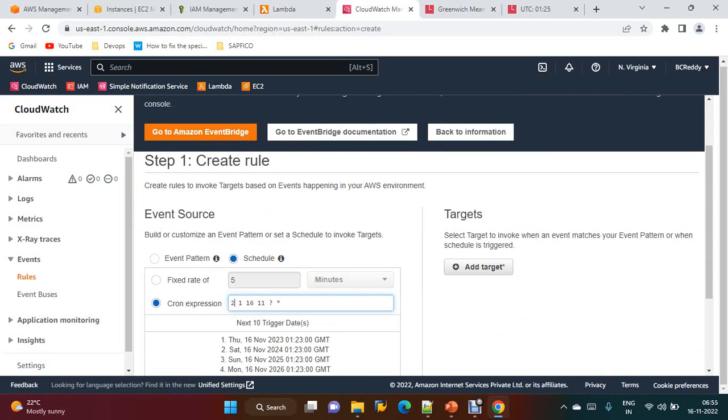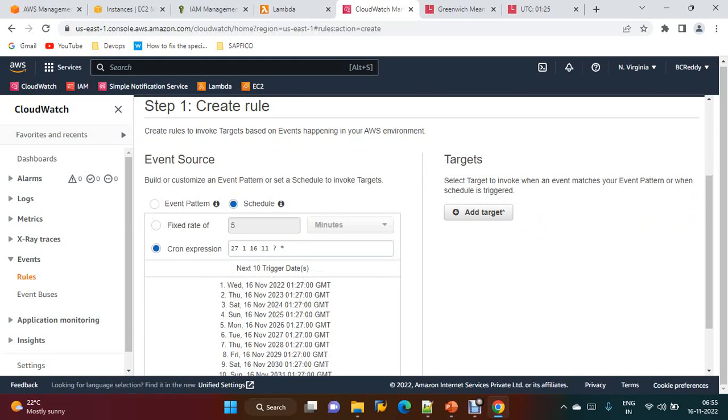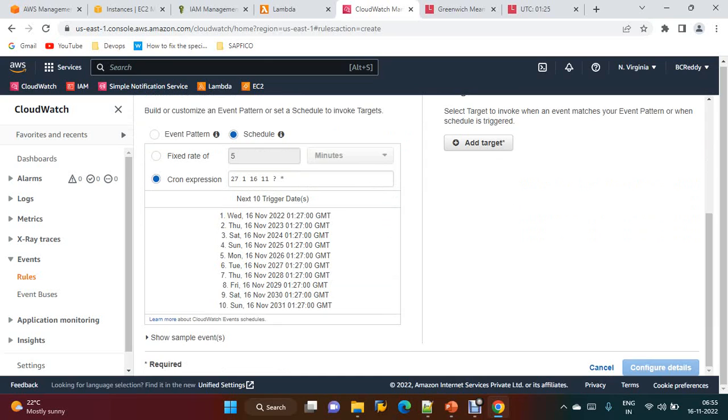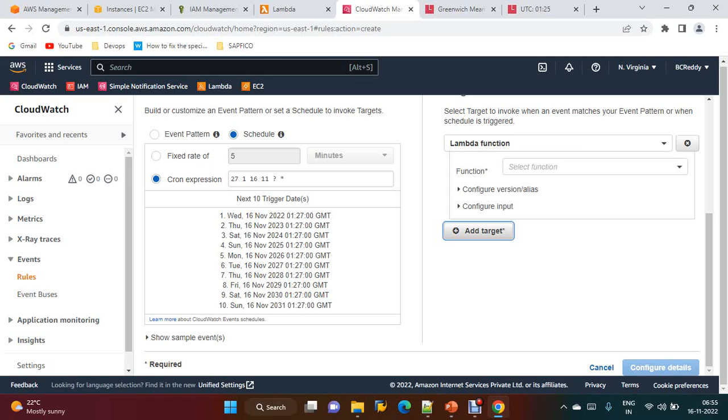So 27. See, it is showing the next 10 trigger dates. For today at 1:27 it is going to stop, and again on these dates it is going to stop, and add targets,